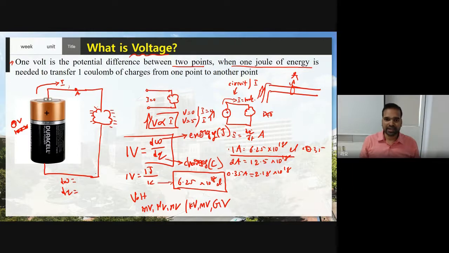So here current and voltage are directly proportional to one another. So the current will be 0 in any electric circuit if voltage is not connected, or if voltage is 0. If voltage is 0, then current is equal to 0. I hope it is clear. Thank you so much.